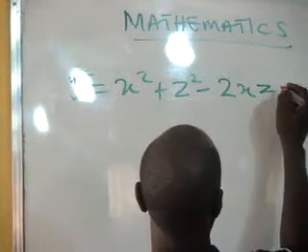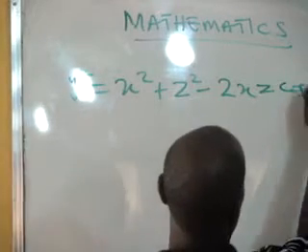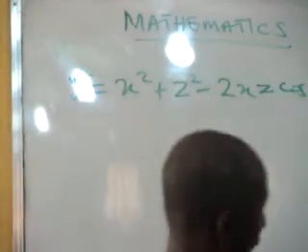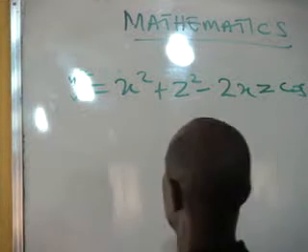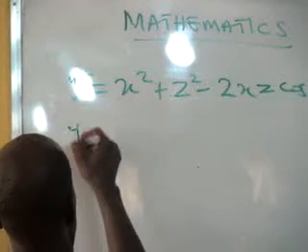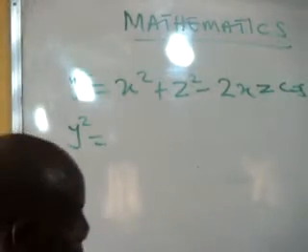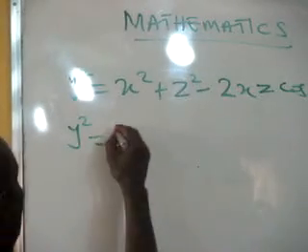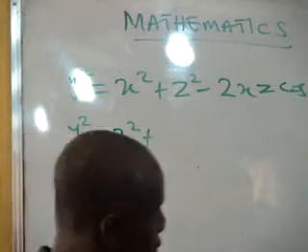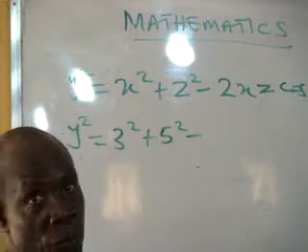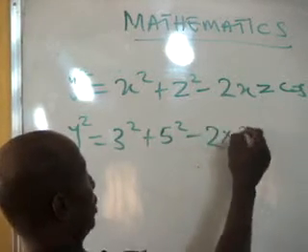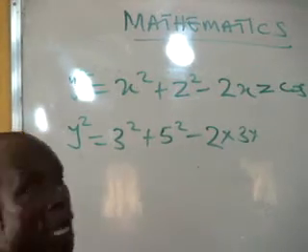2XZ cos Y. And our cos Y from our diagram, Y is what? The angle Y is 102 degrees. So that one will now give us Y squared equals X is 3, so that is 3 squared plus Z squared. Z is what? 5. That is 5 squared minus 2 times 3 times 5